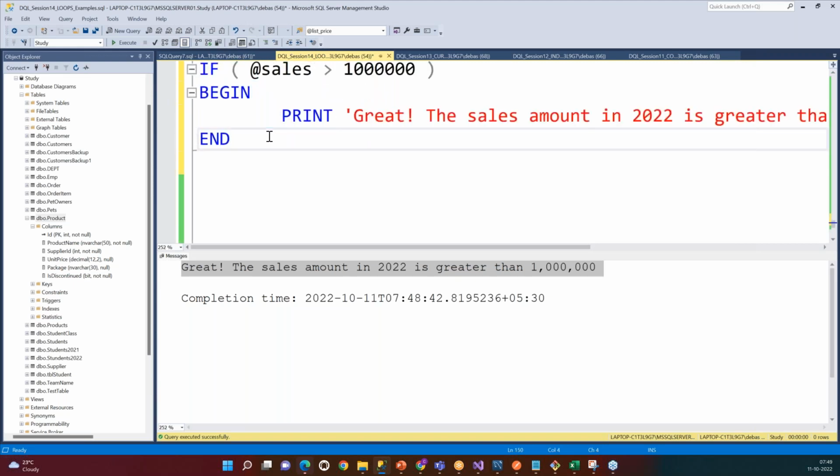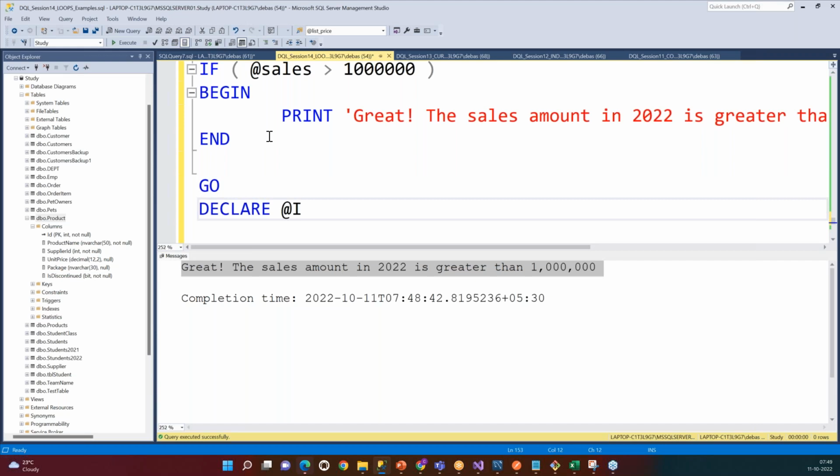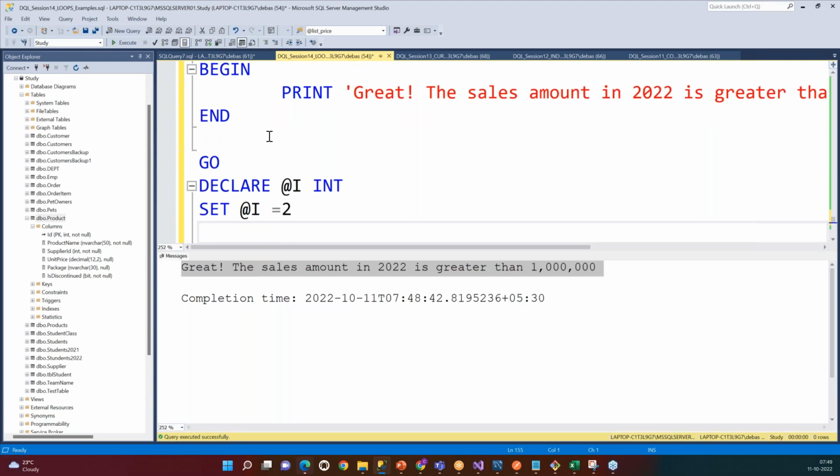If you want to say whether a number is an even number or an odd number, for example, I will declare another variable. I will say declare @i int. Then I will say set @i equals 2, right? And I want to say if